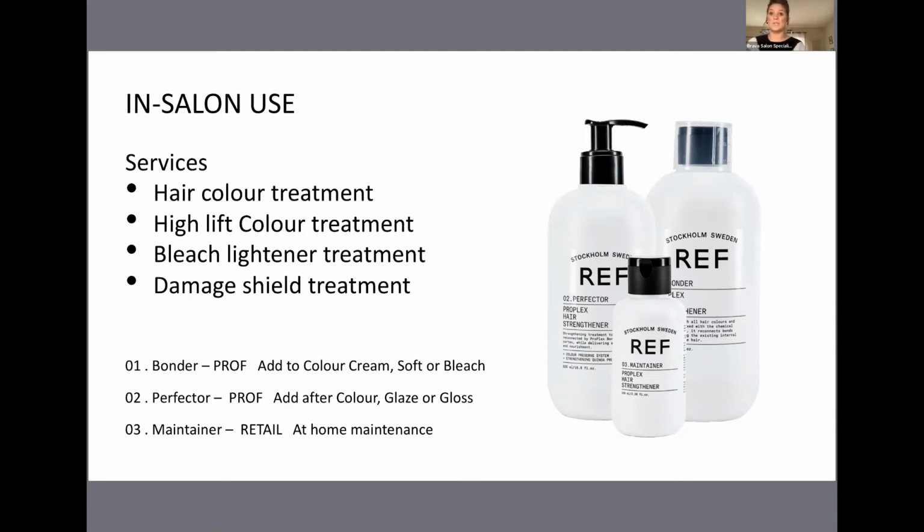It can also be used in your high lift color, your bleach lightener, which is going to be the most popular. And then we have something called a damage shield treatment. That is a treatment that I've kind of already dabbled into, but we'll talk more about that. And that's going to be very helpful for anybody who does have blonde clients or people who are trying to,